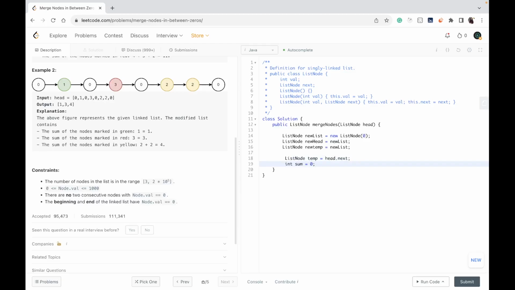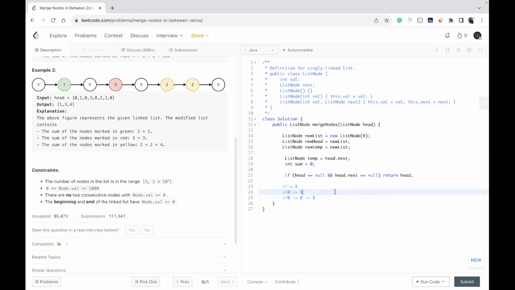This is the sum we are going to constantly update. And then maybe add a corner case or an edge case over here, that if it happens that either the linked list is this, or the linked list is this, because the first and the last node has to be 0 only, or the linked list is initially empty only.